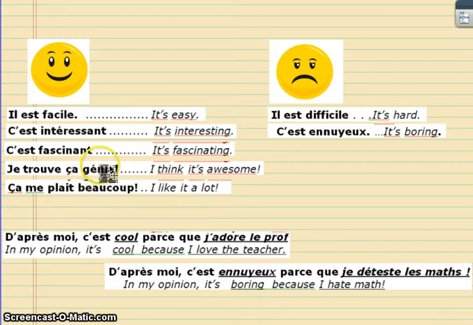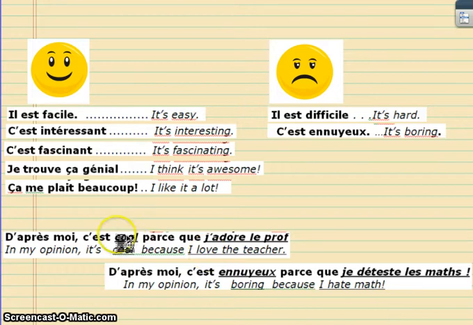You can definitely plug in other words here, and je trouve ça is just, I think that it's, and then you can fill in a describing word, and in that case, it could go on either side of this chart here. Ça me plaît beaucoup is I like it a lot. It literally means it pleases me a lot. And keep in mind as well, if you put in a ne pas in this phrase, ça ne me plaît pas beaucoup is it doesn't please me a lot, as in I don't like it very much. On the not so great side, we've got il est difficile. The opposite of facile is difficile, it's difficult or hard. And c'est ennuyeux is it's boring.